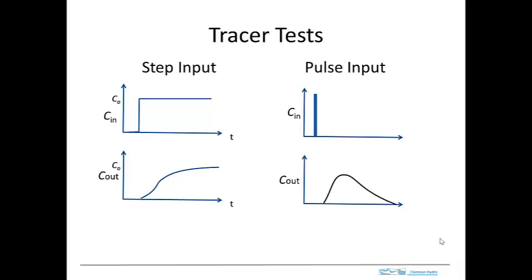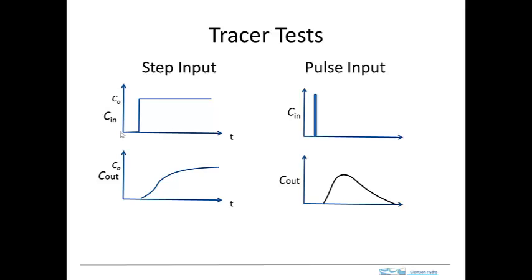Tracer tests are used to characterize the residence time distribution in areas where reactions are taking place, either chemical reactors or perhaps in the subsurface between wells. There are two main types of tracer tests that are used, and they differ depending upon how the tracer is introduced to the system. On one hand, the tracer can be introduced as a step increase, and that's shown here